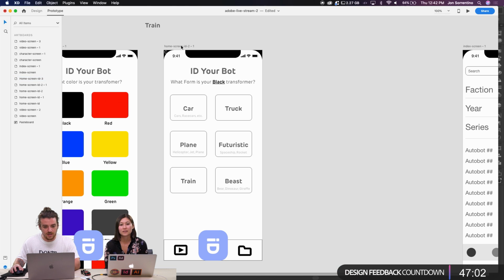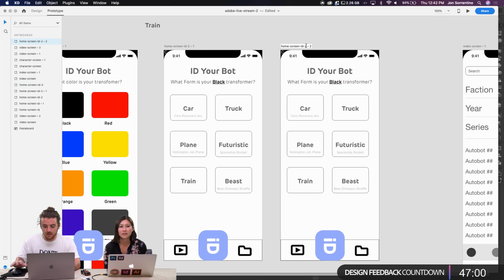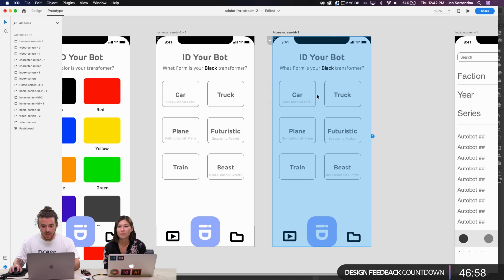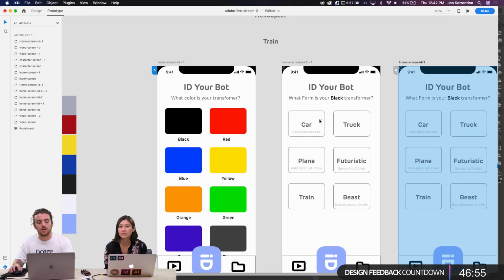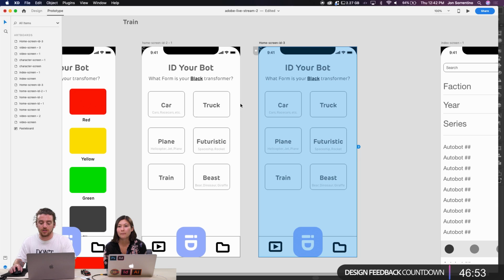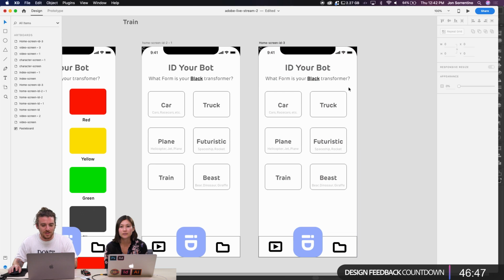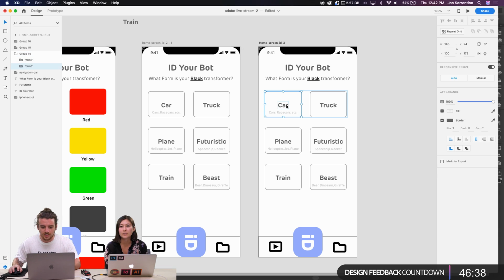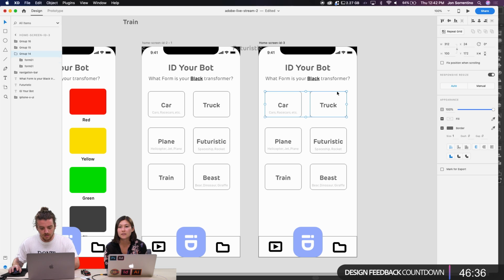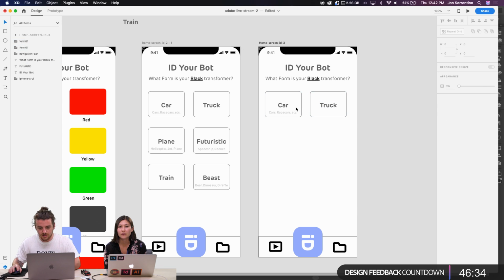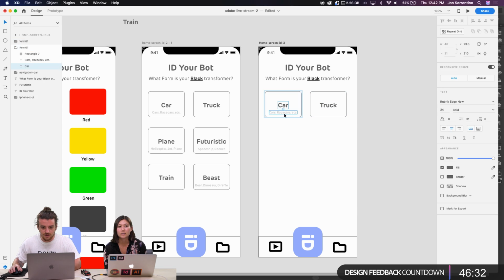All right, and then I'm gonna delete this and duplicate this screen. And this will be cool because once you select your color, your form, you're gonna be shown a grid of all these different transformers. And I think this is a cool moment to show how XD lets you work really cleanly with these shapes and then just drag images in. That's gonna really speed up the process. So nice. Let's go ahead, ungroup this. I'm gonna just delete these and get this text out of here.